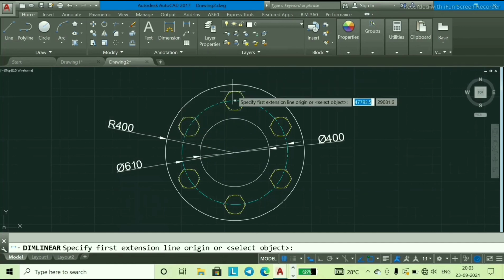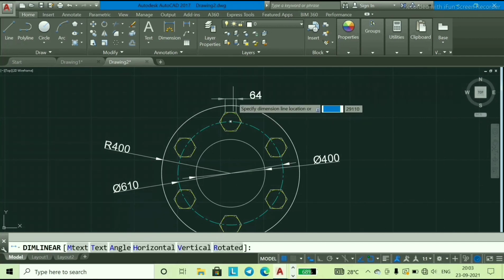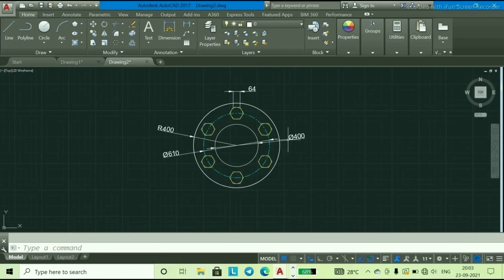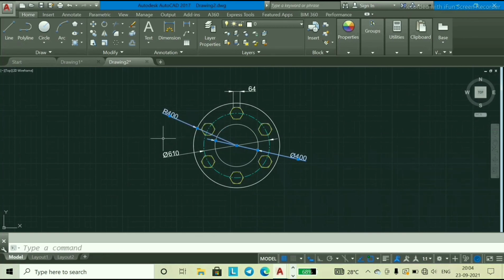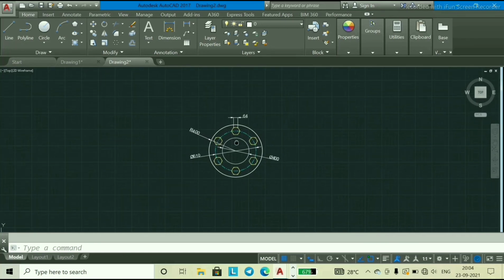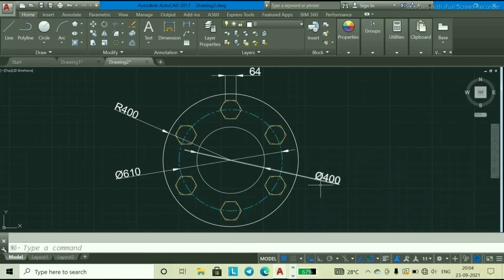Now select linear. Select this point and this. Now our geometry has been completed, and we have given all the dimensions.